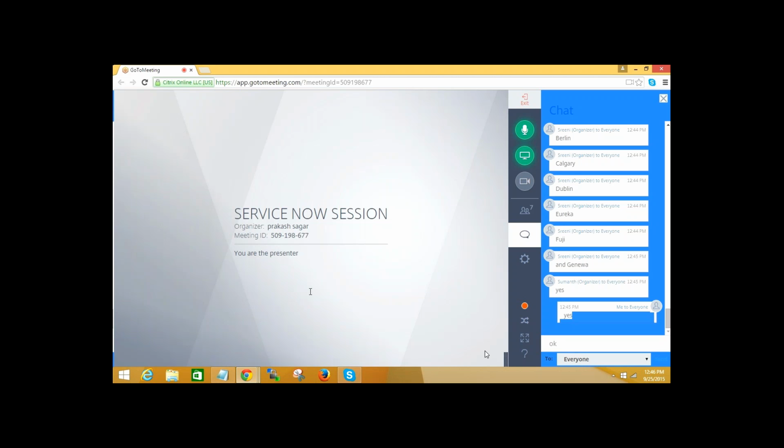I'll answer multi-tenancy, single tenancy now. There are two types of environments available in ServiceNow, that we call single tenancy and multi-tenancy.